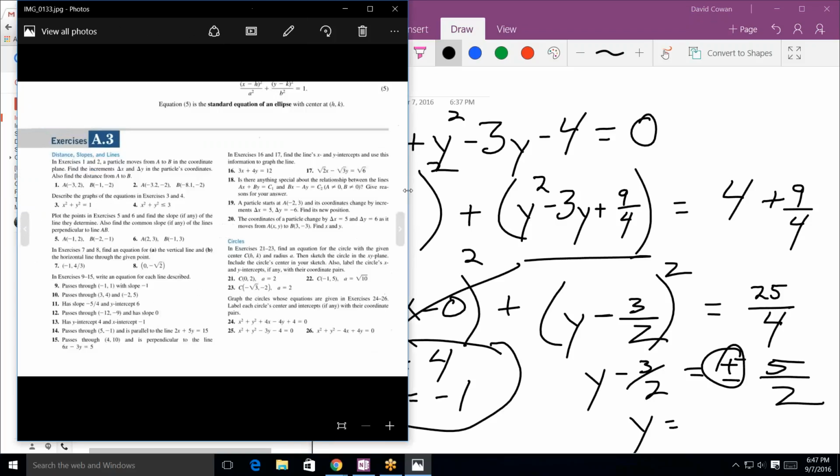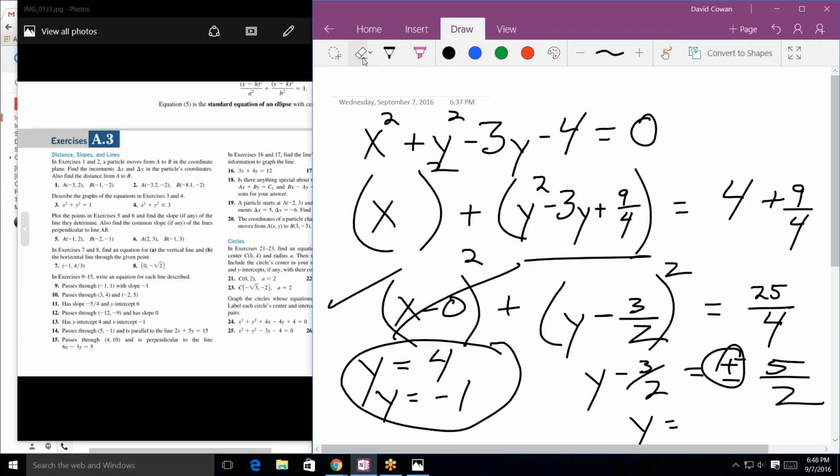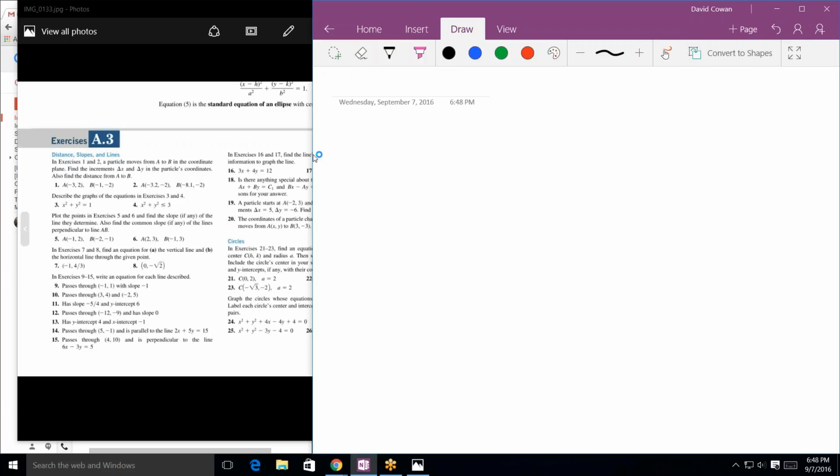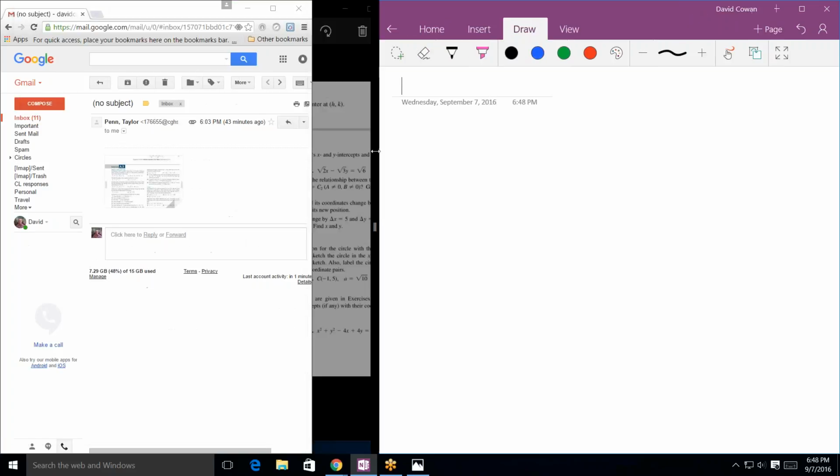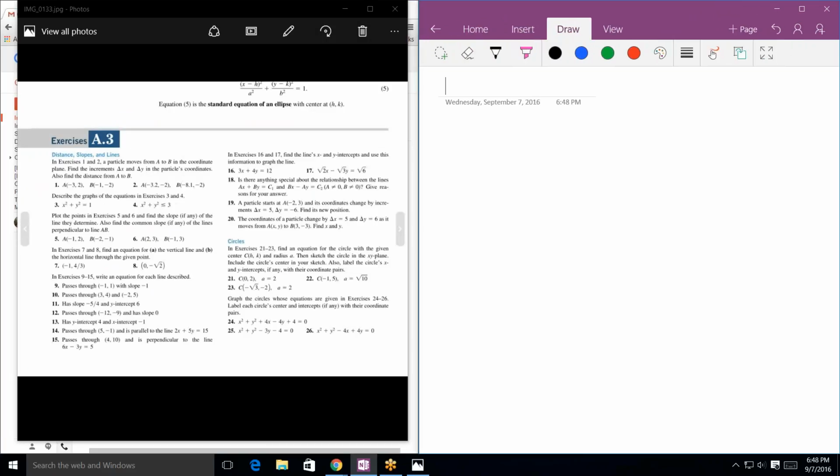This completing the square goes a lot further than just circles. In other words, you're going to have to complete the square when you study parabolas, hyperbolas, and ellipses. It's an integral part to solving all of them. So it's not just going to be for circles, because all of the formats are in a similar format